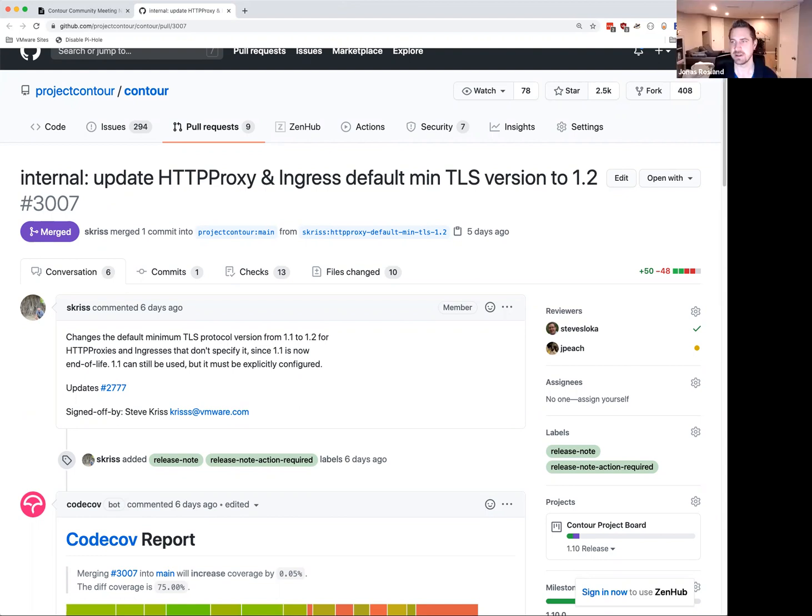Do you know what date 1.2 will be end of life? I do not. Just a random question. Yeah, I don't know if anyone else has any sense of that. I was wondering if we needed to put in an issue with a date or anything like that. I'm Googling, but I don't think 1.2 is going to be EOL'd for quite some time. Yeah. That's good. Makes it easy. So yeah, that's all from me.